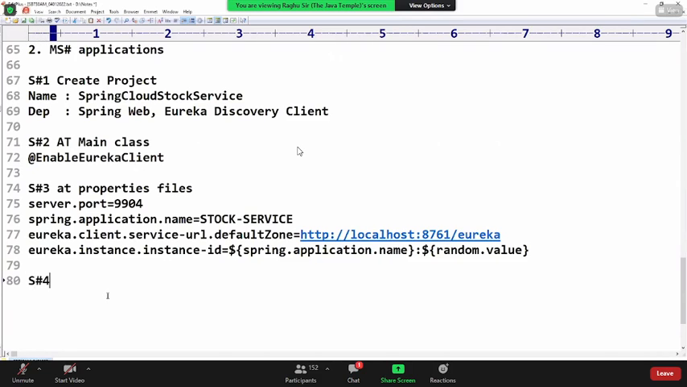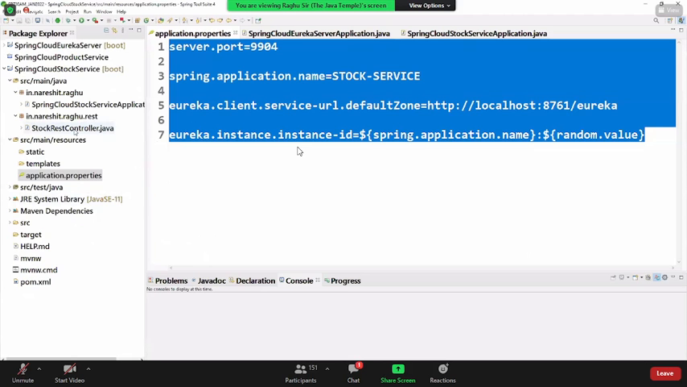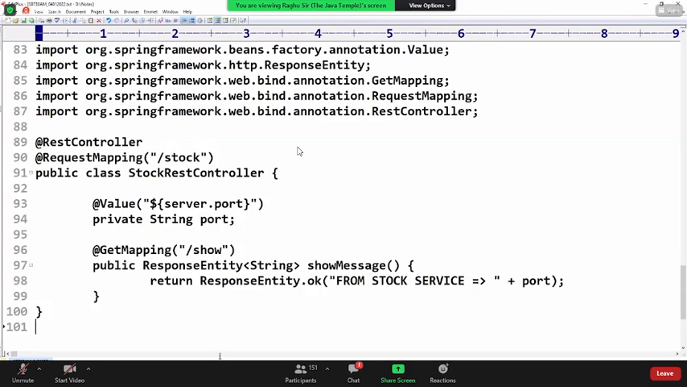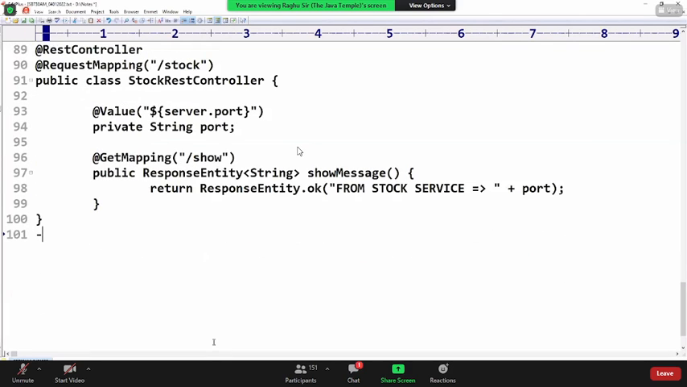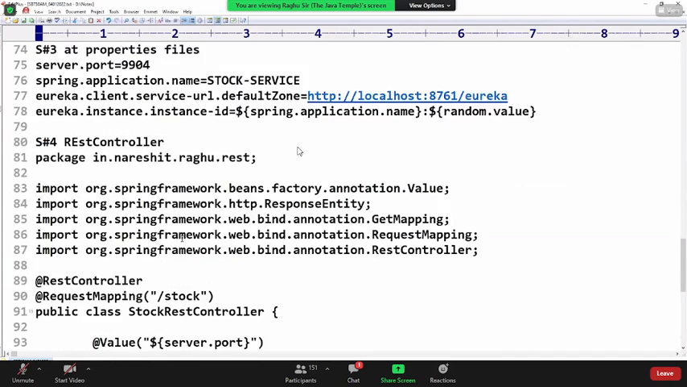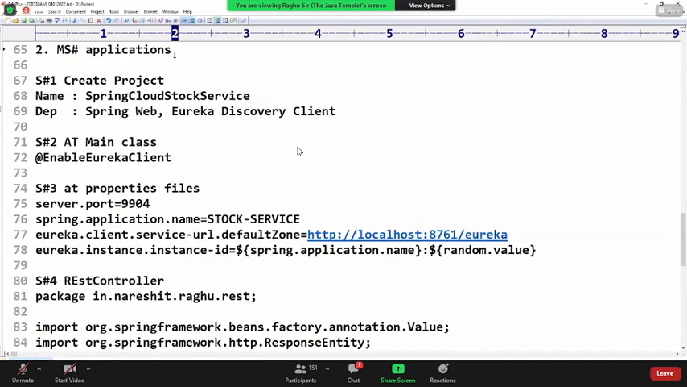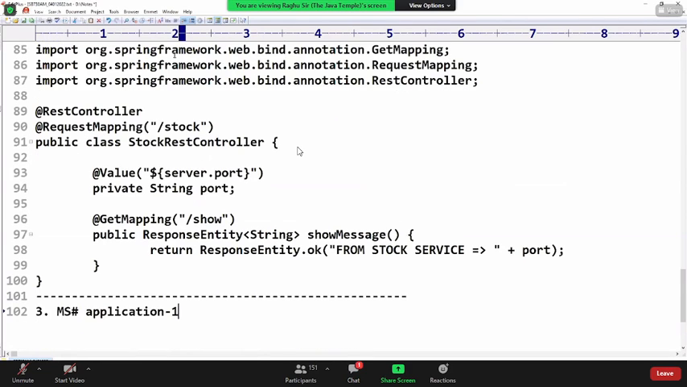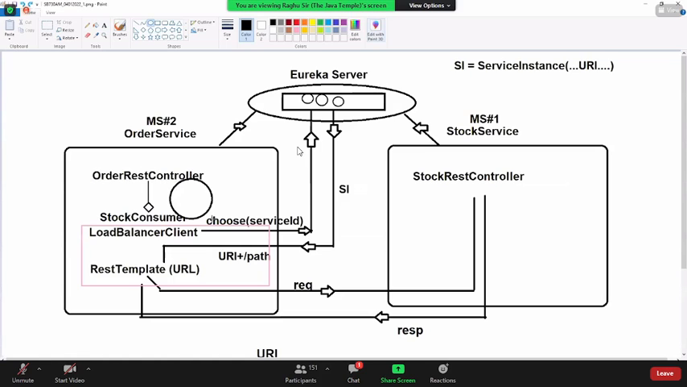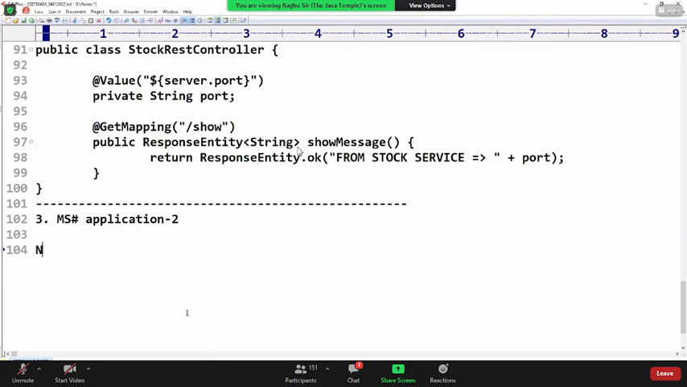Step number 4. Okay. Now microservice application 1. Now microservice application 2 I'm just creating here. This time I want to write order rest controller. Look at, I'm just writing one application,